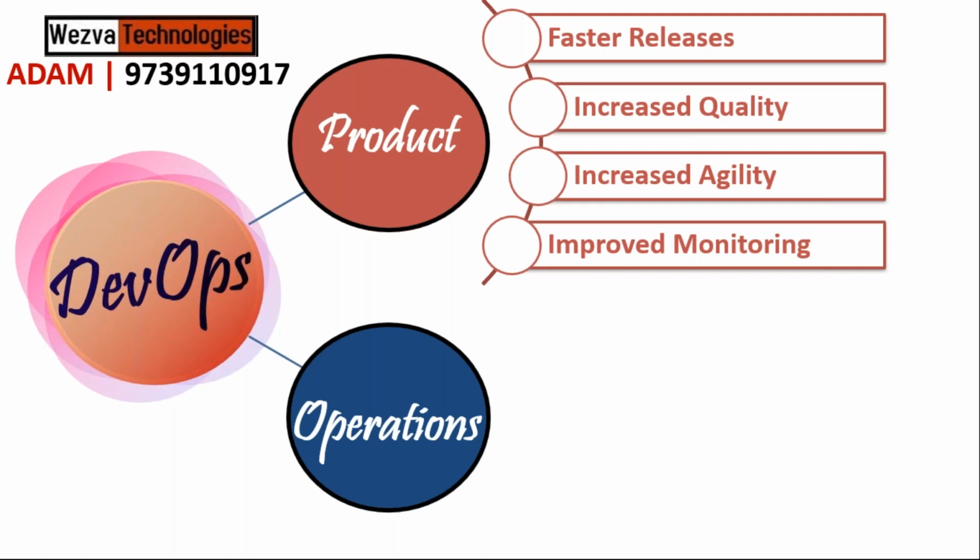So what do you mean by agility? Let's say I have a product. Earlier I was releasing in 3 months, and now I'm trying to release it in 2 weeks. If this is the goal you're trying to achieve, then along with that, because of the change in the market, there will be a lot of parallel things that you need to do. So how agile is your team? Agile means when you are focusing on one release, if there is another release that you want to work on in parallel, you should be able to do them together.